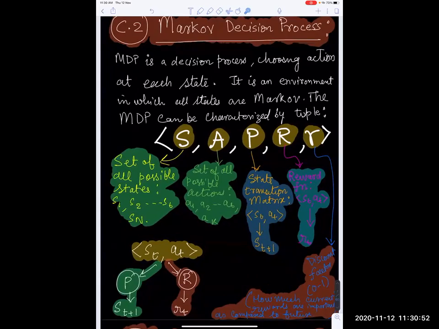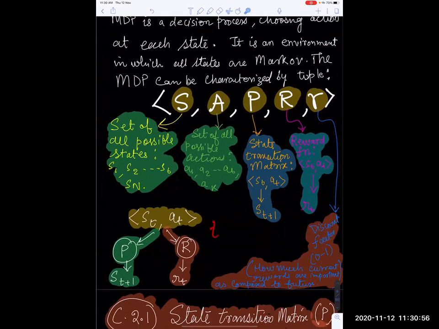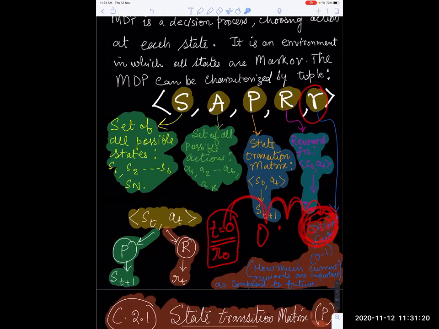So the discount factor, we'll talk about that, but it essentially means that at t equal to 0, I'm interested in the reward that I'm going to get immediately, and after t equal to 1, 2, 3, 4, say at t equal to 50, you are going to get another reward. Then how much weight do you want to give to this one? Suppose your gamma is equal to 1, then all of the intermediate rewards that you are going to get